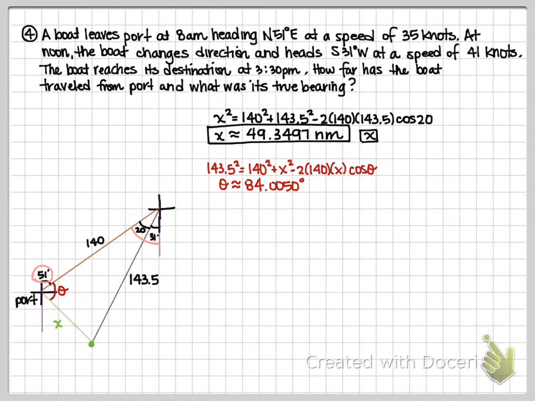What I need to do is find the angle on the outside now. So it is this angle down here that is going to represent the bearing from the port of departure. Remember, it has to be acute, and it has to come from due north or due south. So in this case, to find alpha, I know that the 51 that was given to me plus the theta I just found plus the alpha takes me from due north to due south, which I know is 180 degrees. So if I go ahead and solve this for alpha, plugging in what I know, I'm going to get